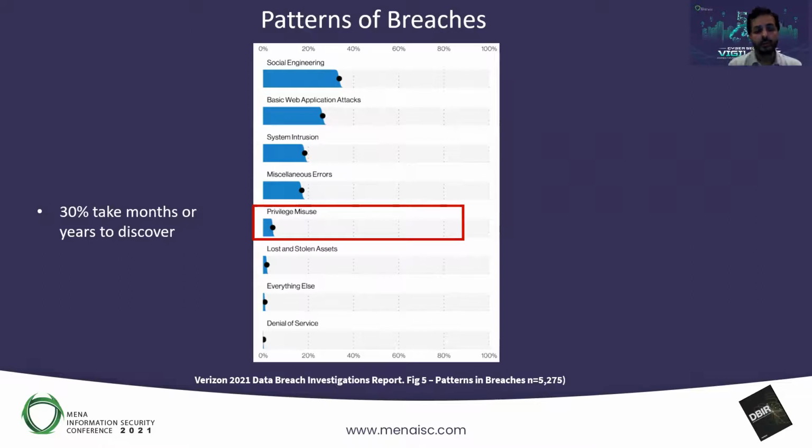And then privilege misuse. Obviously, this is where you have administrators or others that have higher privileges than the normal users, and as a result they're typically not monitored as much. You can see 30% take months or years to discover of those breaches that took place as a result of privilege misuse. So PAM obviously is crucial to that, and making sure that they're also not fully trusted, right? Job rotation is also important, making people take vacations. But over and above that, auditing is crucial as well.